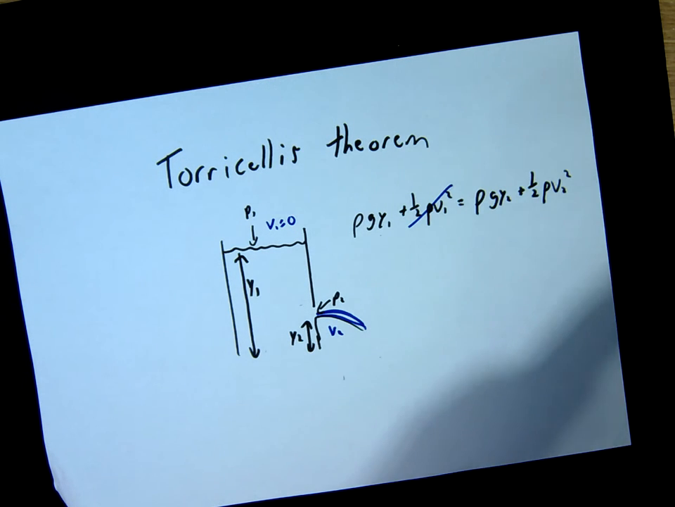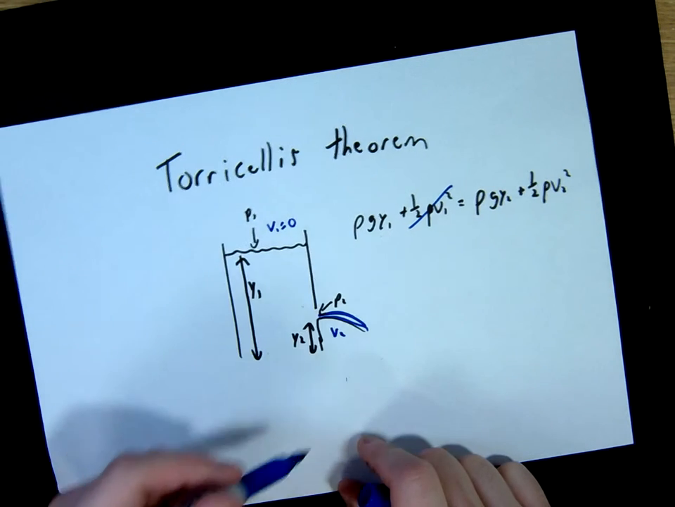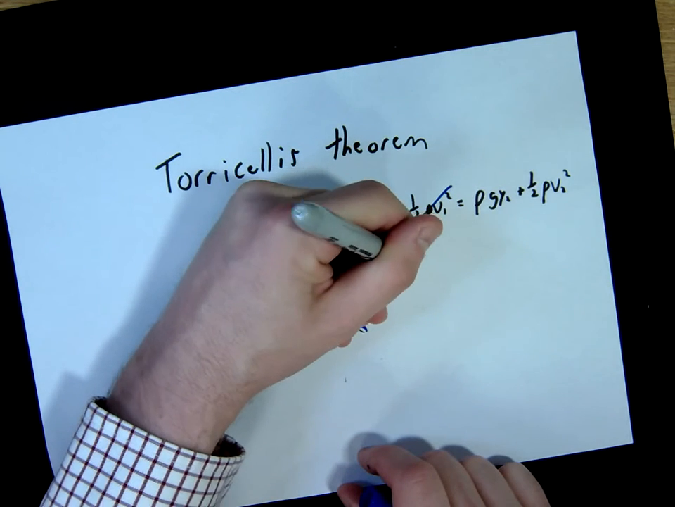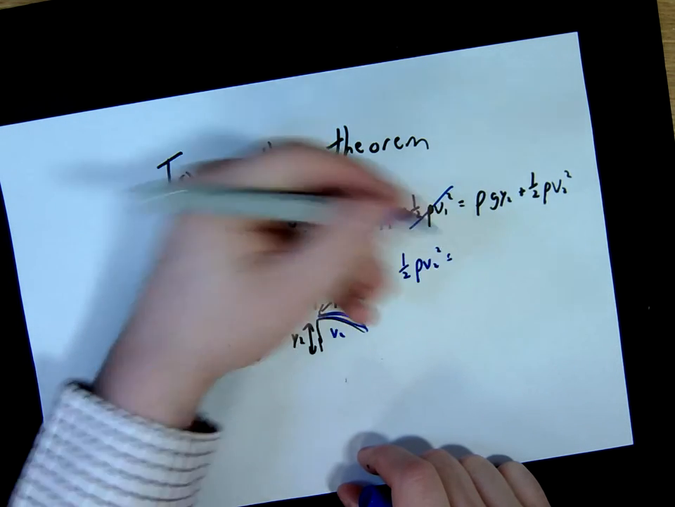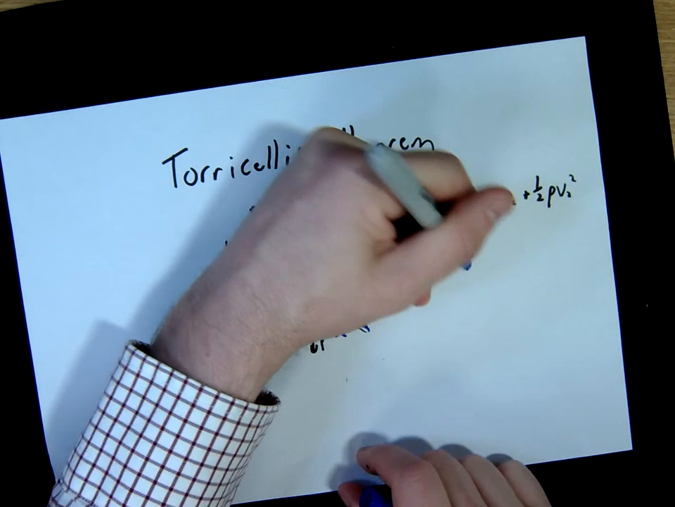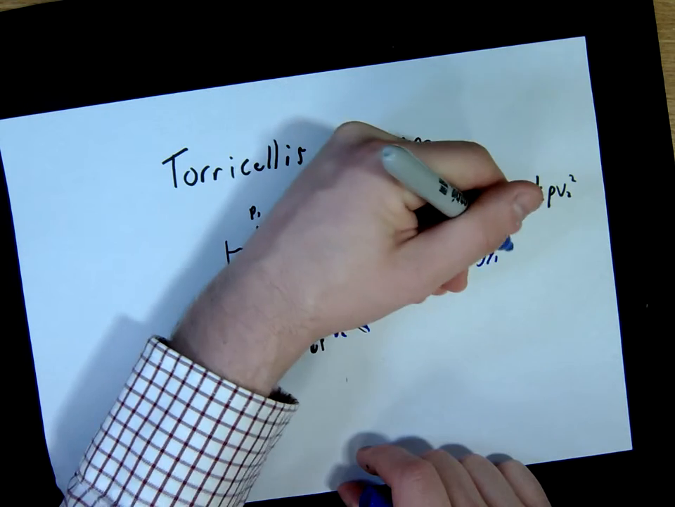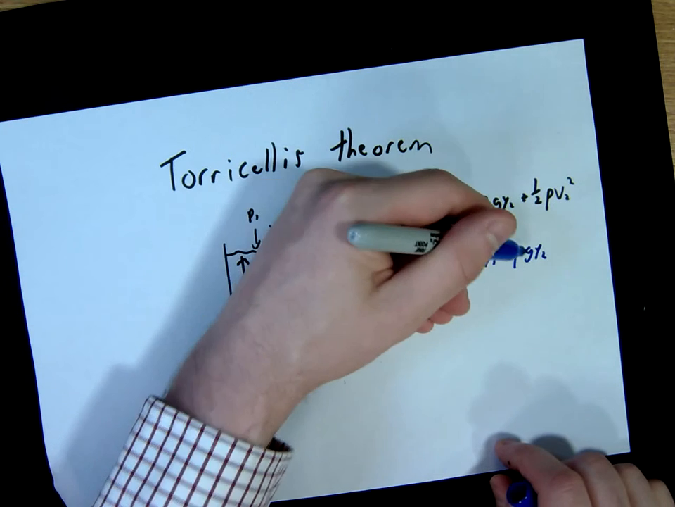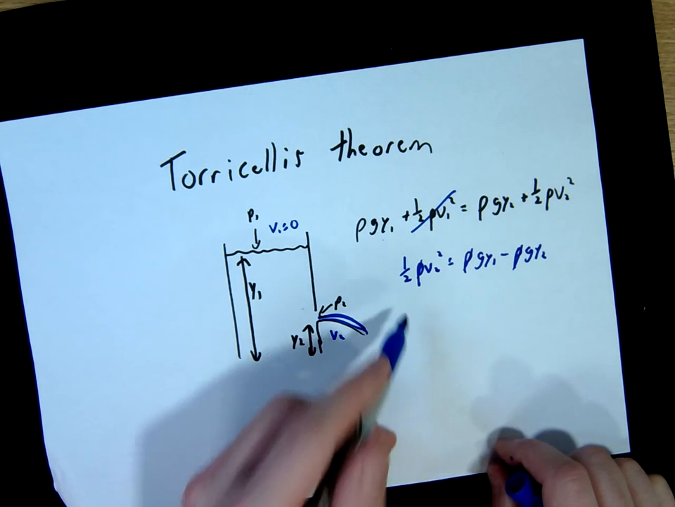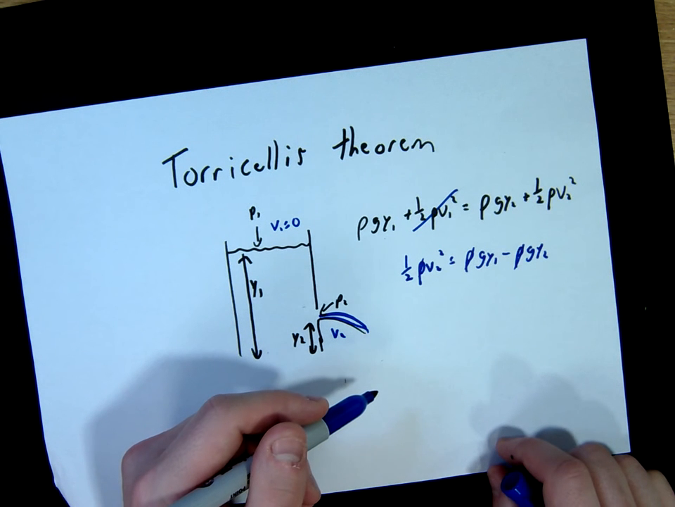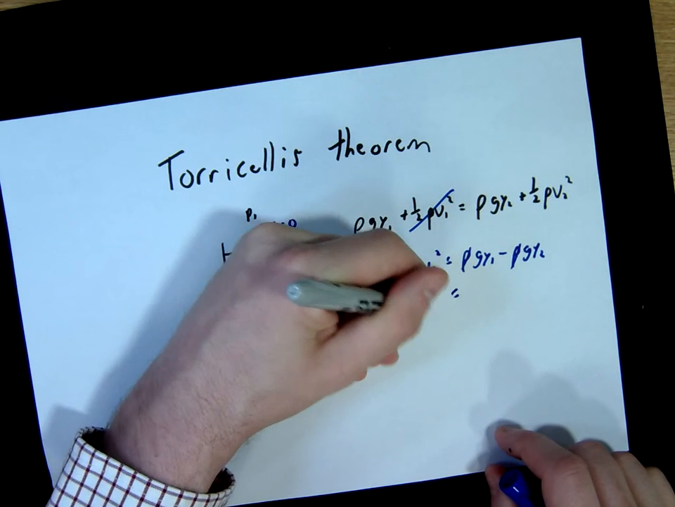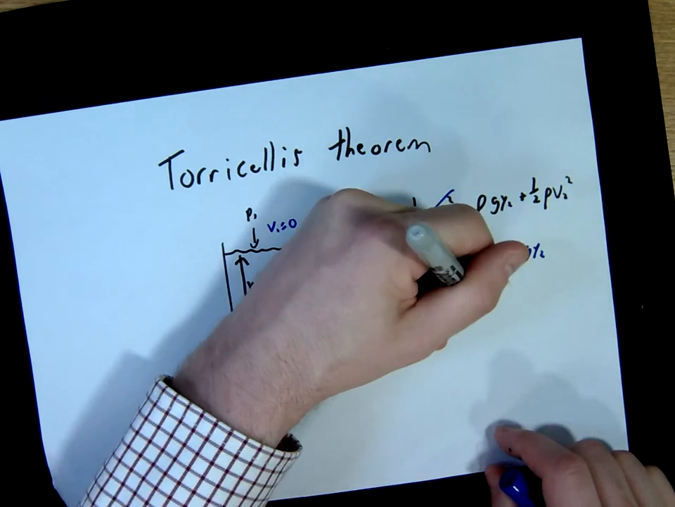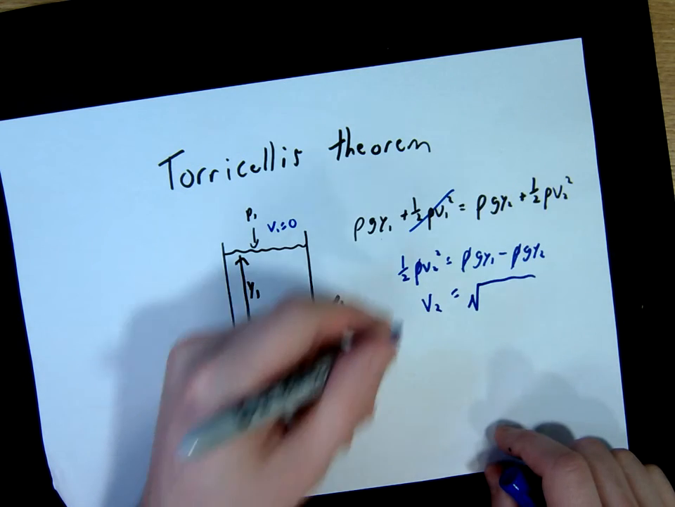We're going to look at the differences in heights here. I'm going to move this all to one side, so I'll get a half rho v2 squared equal to rho g y1 minus rho g y2. Something we can cancel right away is the rho's and get rid of the density. And I'm going to multiply by 2 to bring that across. What you end up getting is an equation that says the velocity at point 2 will equal the square root of 2